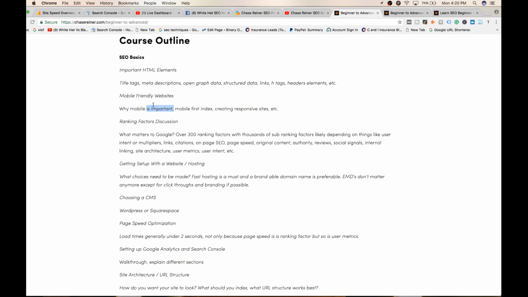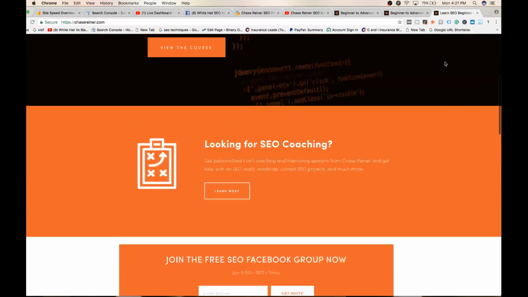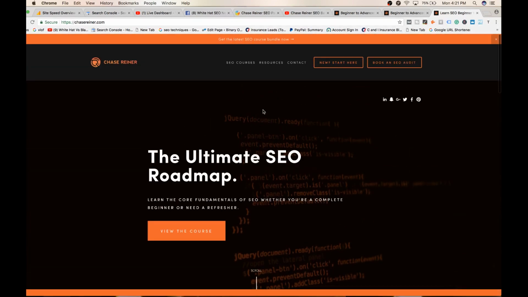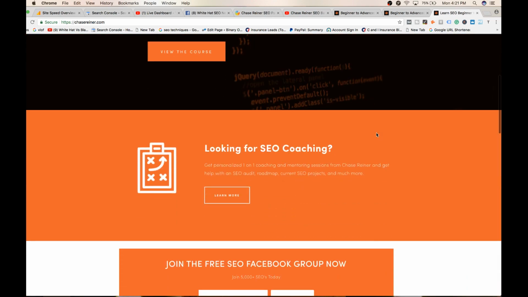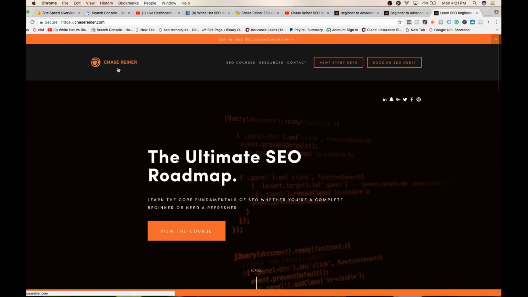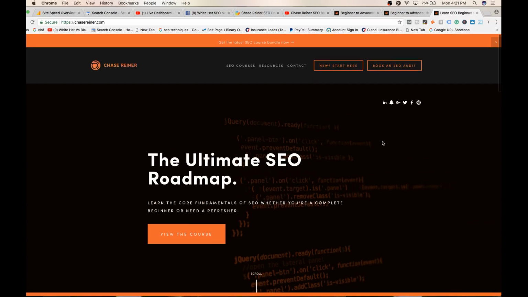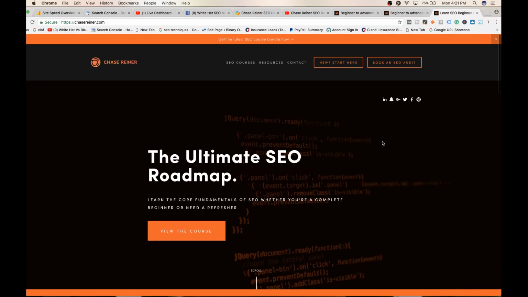The other thing about the mobile stuff that Google's doing is that if you have a really bad experience on a mobile site, so for instance, say it's really slow, or if your users are getting there and it's not a site where they can get in on their phone and start clicking on stuff and know what to do. If it's a really bad experience, from what I'm understanding, Google's able to understand user metrics. What that means is if somebody goes to a site from Google and they click on it and it's not a good experience for multiple reasons, maybe it's a slow site, or maybe it's not responsive, it's not mobile friendly, stuff like that,